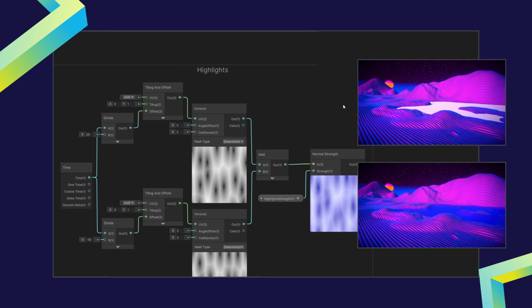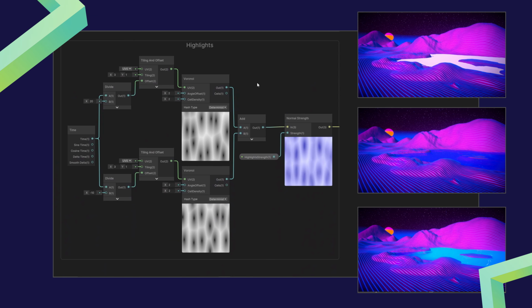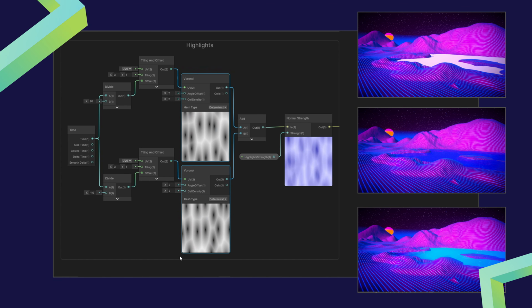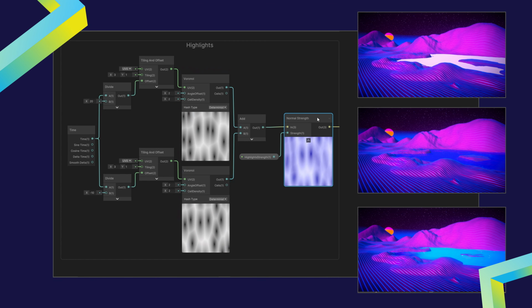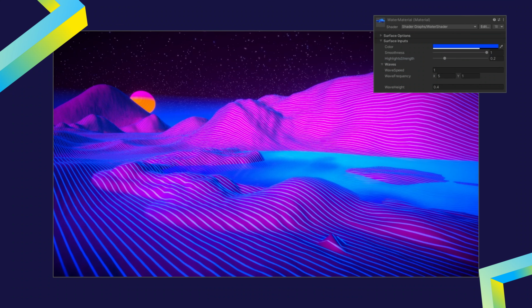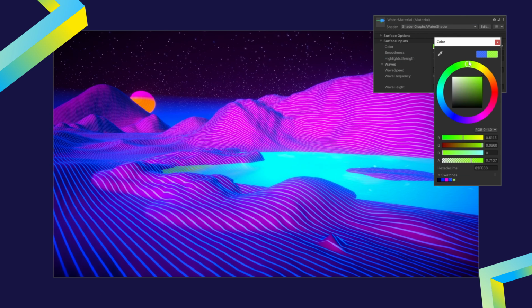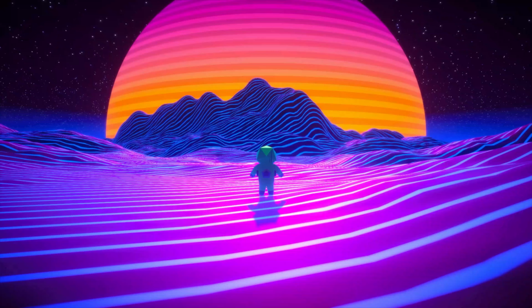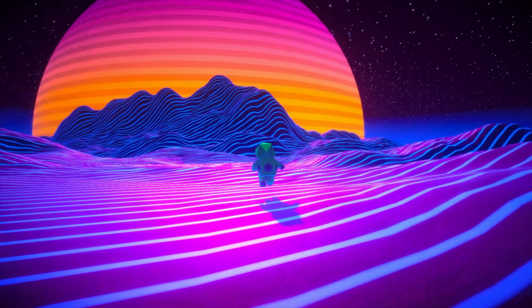Next, we add highlights to simulate the way light reflects off the water. I'm also using noise patterns one last time, now thinking of them as a way to build a normal map. A normal map represents the surface normals at each pixel, which affects how light interacts with the surface, as we've seen before. Again, animating it over time, we make the reflections shimmer and change in a natural way. And here's the result. We can also adjust parameters like the wave speed, the intensity of the reflections, or simply the color to fine-tune the appearance of our lake. Let's take a moment to appreciate the final result.